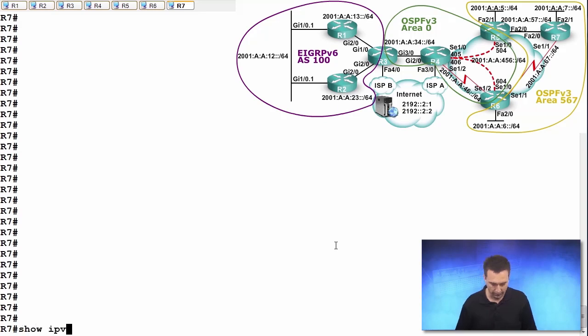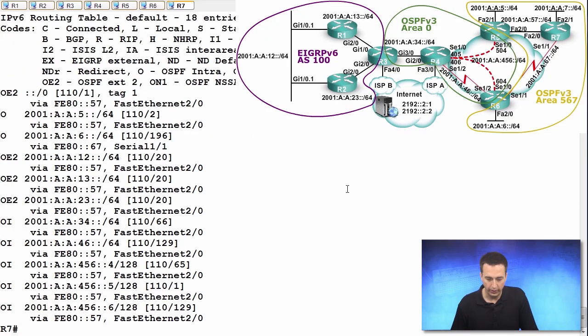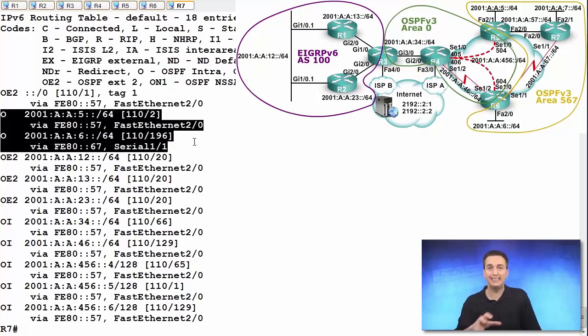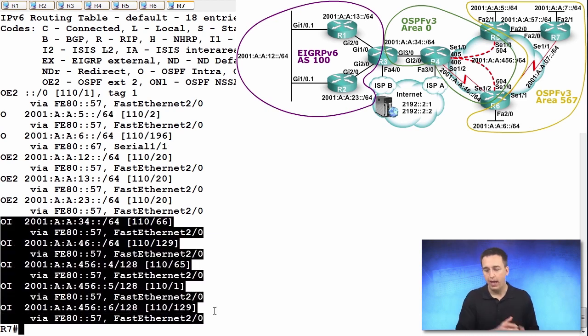Show IPv6 route. Let's just look at OSPF. And in this case, what do we have? We have two O routes, and these are referring to destinations inside of our area. So if we look at the topology, 5::/64 and 6::/64 are in area 567. So that's accurate. The OIs are referring to routes outside of our area, so outside of area 567, but still